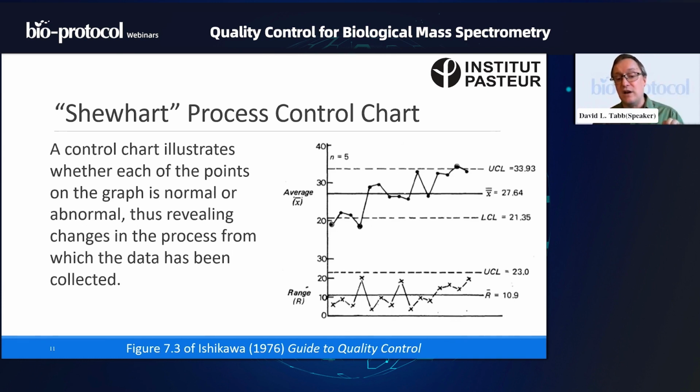I have five raw files. Each of them has a different number of distinct peptides observed. I'm going to take the middle one, or I'm going to take the average. I guess in the Shewhart case here, they use the average rather than the median. I'm going to post that average as that day's value on the top.